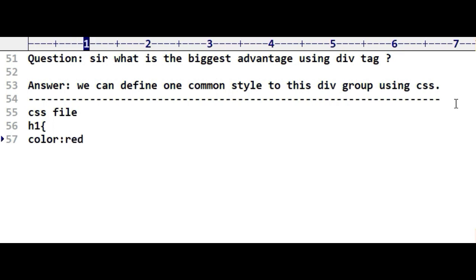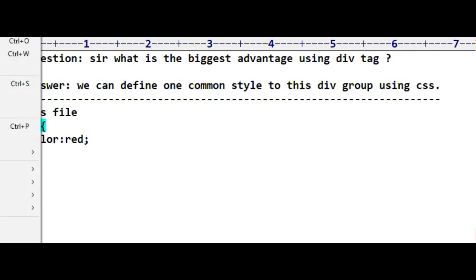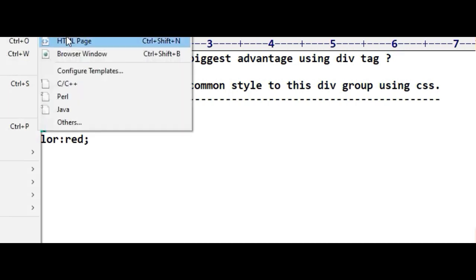If you want to color one line only, one heading, that is the red. So we use this. In this way we are going to save our style. For one example we will see this. We are going to make a new HTML page here.